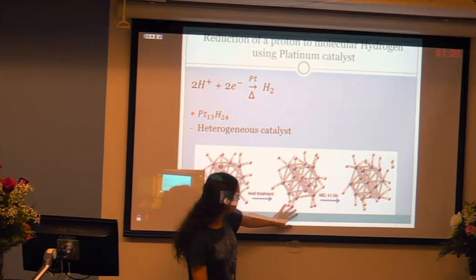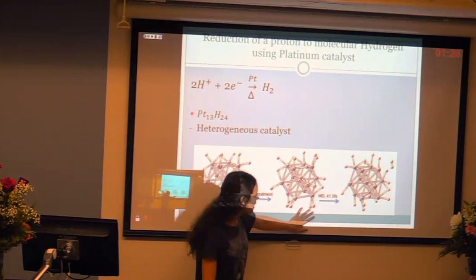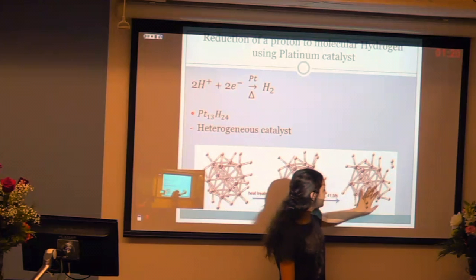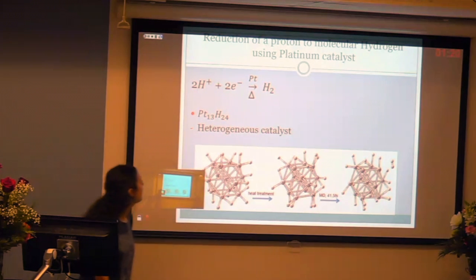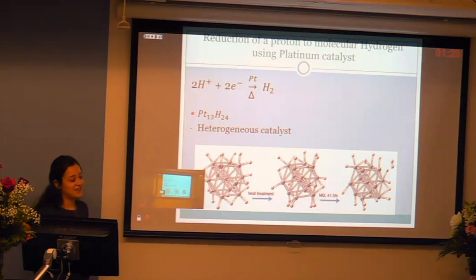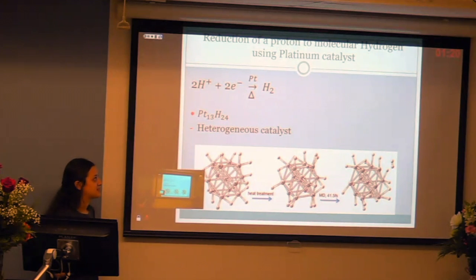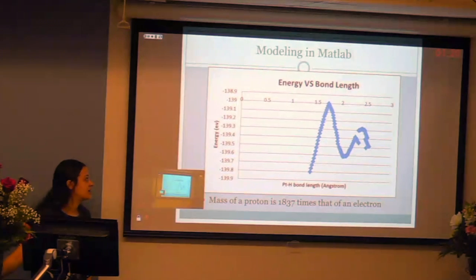You can see here the hydrogens are starting to get closer together, and then after time, they start to dissociate from the platinum catalyst. This catalyst is a heterogeneous catalyst, just meaning that it's in a different state than the molecule that it's catalyzing. My first challenge was modeling this in MATLAB, the activation energy, and I did this based